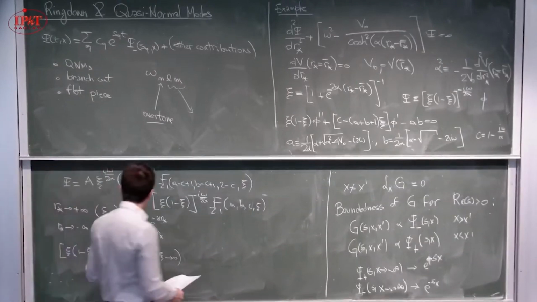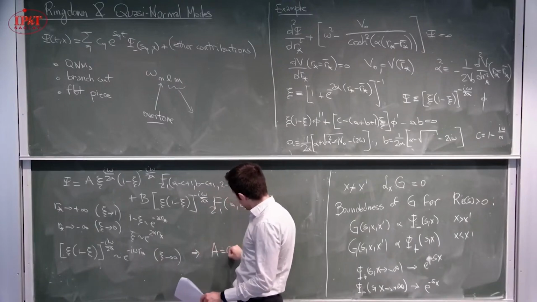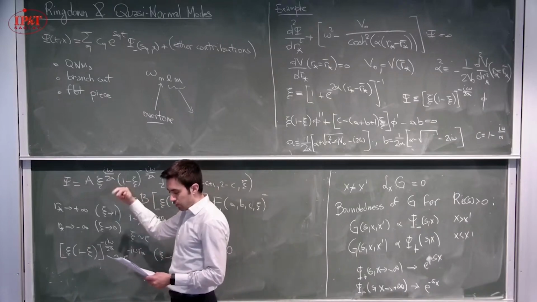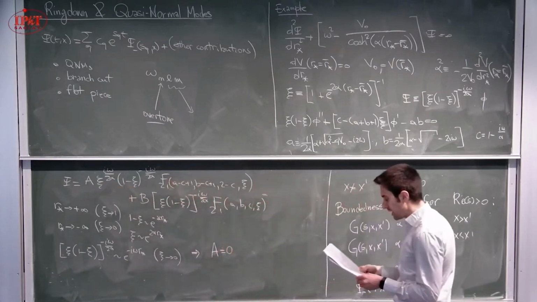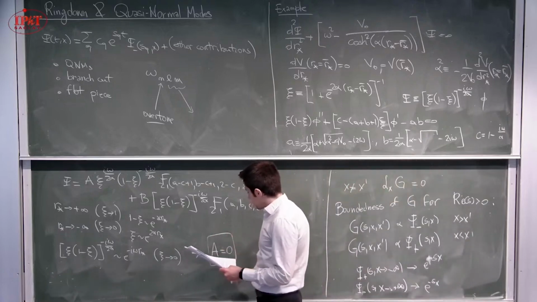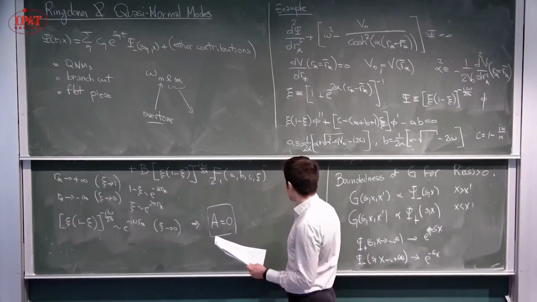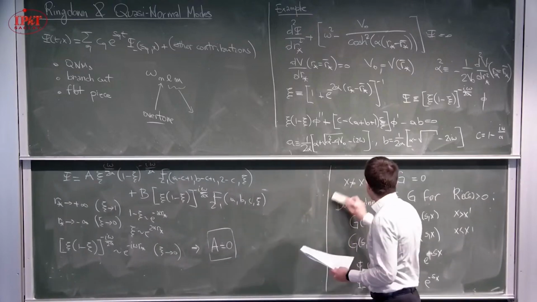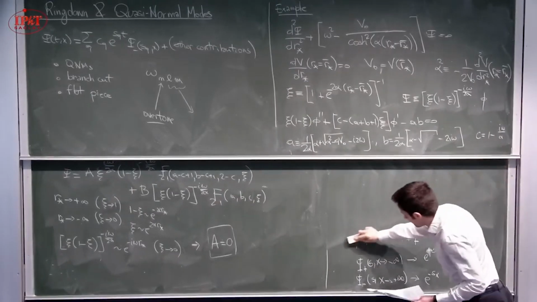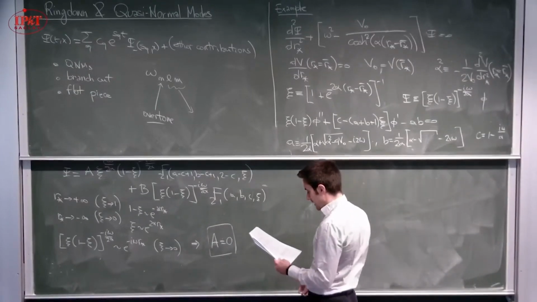This implies that in order to have the correct boundary condition, we need to impose that A is equal to 0, because this is precisely the boundary condition that we want. This other term is going to give us the opposite boundary condition, so instead of outgoing, it will be ingoing. So we fix this boundary condition, and then we do some algebra that I will not do. We find that